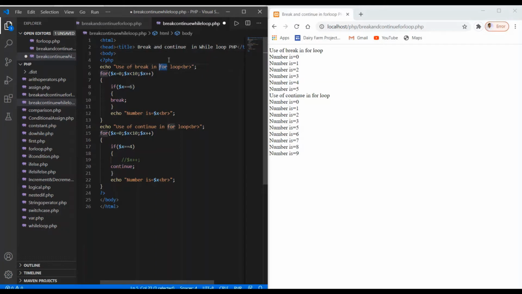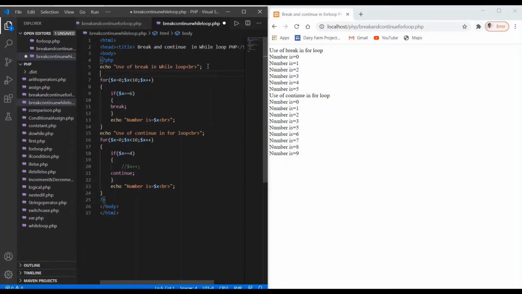In order to do this with the while loop, I have to create a variable, say variable x, and I am initializing it equal to 0. Here I'm going to write the while loop in my program. The while loop will take only the condition, so I'm just going to put the condition here, and I'm removing all the lines from here.